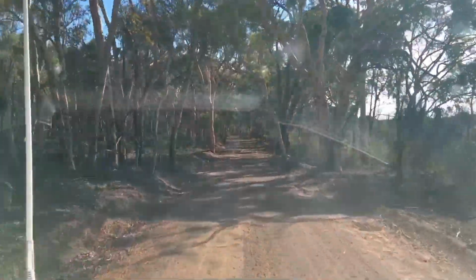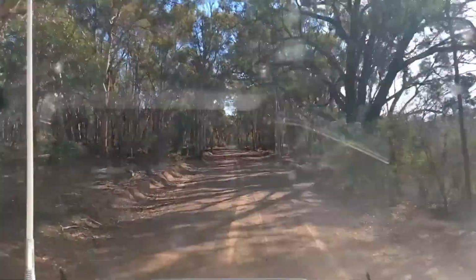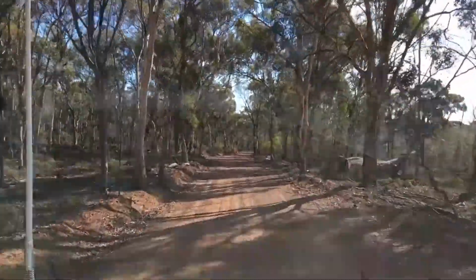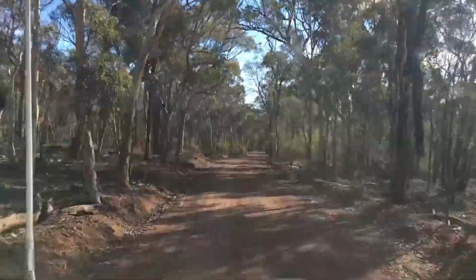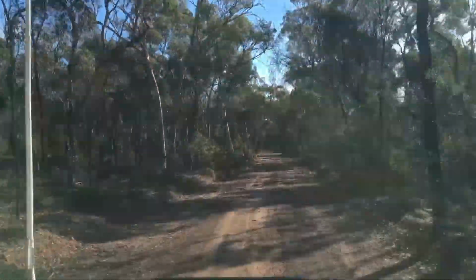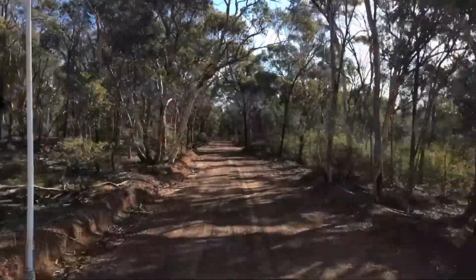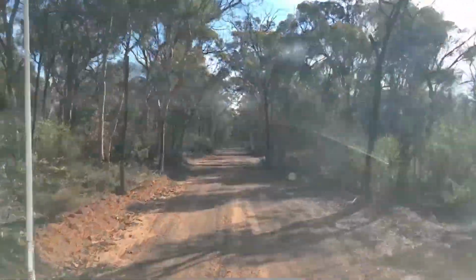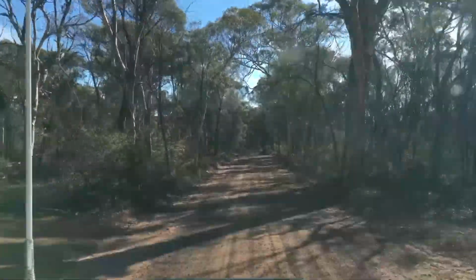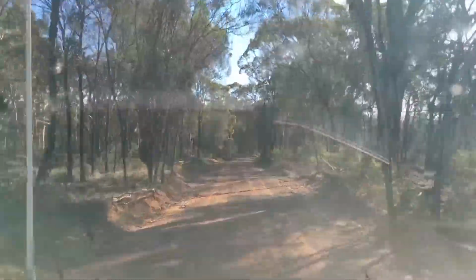Interestingly though, when I went to the caves, I stopped on the track, walked off through the bushland, had a look around one of the cave sites, came back to the car, and started driving. Everything was okay, but it didn't record my track. So take that as you wish. Obviously they don't want people to know exactly where those caves are. That's my thought, because